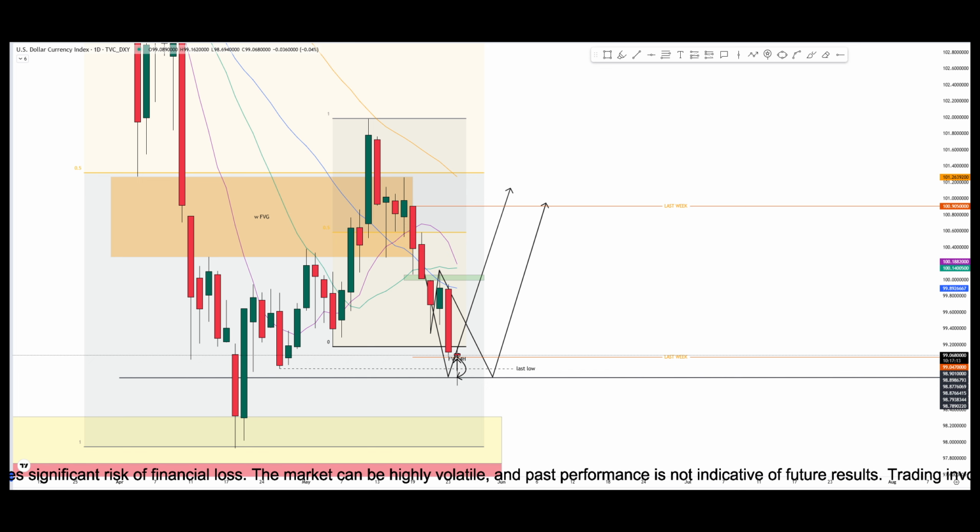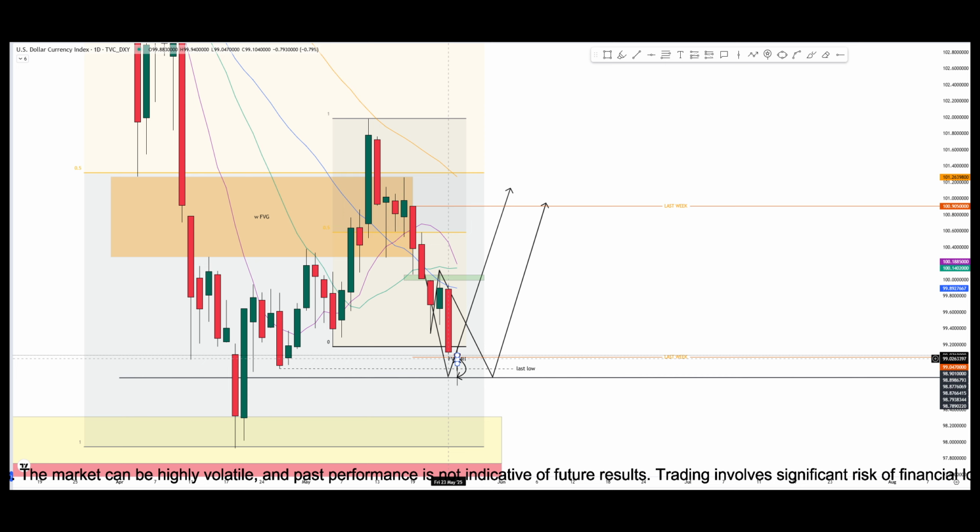Daily time frame DXY symbol. As you can see, after the chart hit the FVG in the daily time frame, it moved towards 50% of the shadow of the previous month's candle. According to the previous analysis video, if it could pass the low of the previous week's candle, it would continue to move to 50% of the shadow of the previous month. Given that the chart reaches the specified area, we should wait for the chart to correct, in fact, liquidate or run.